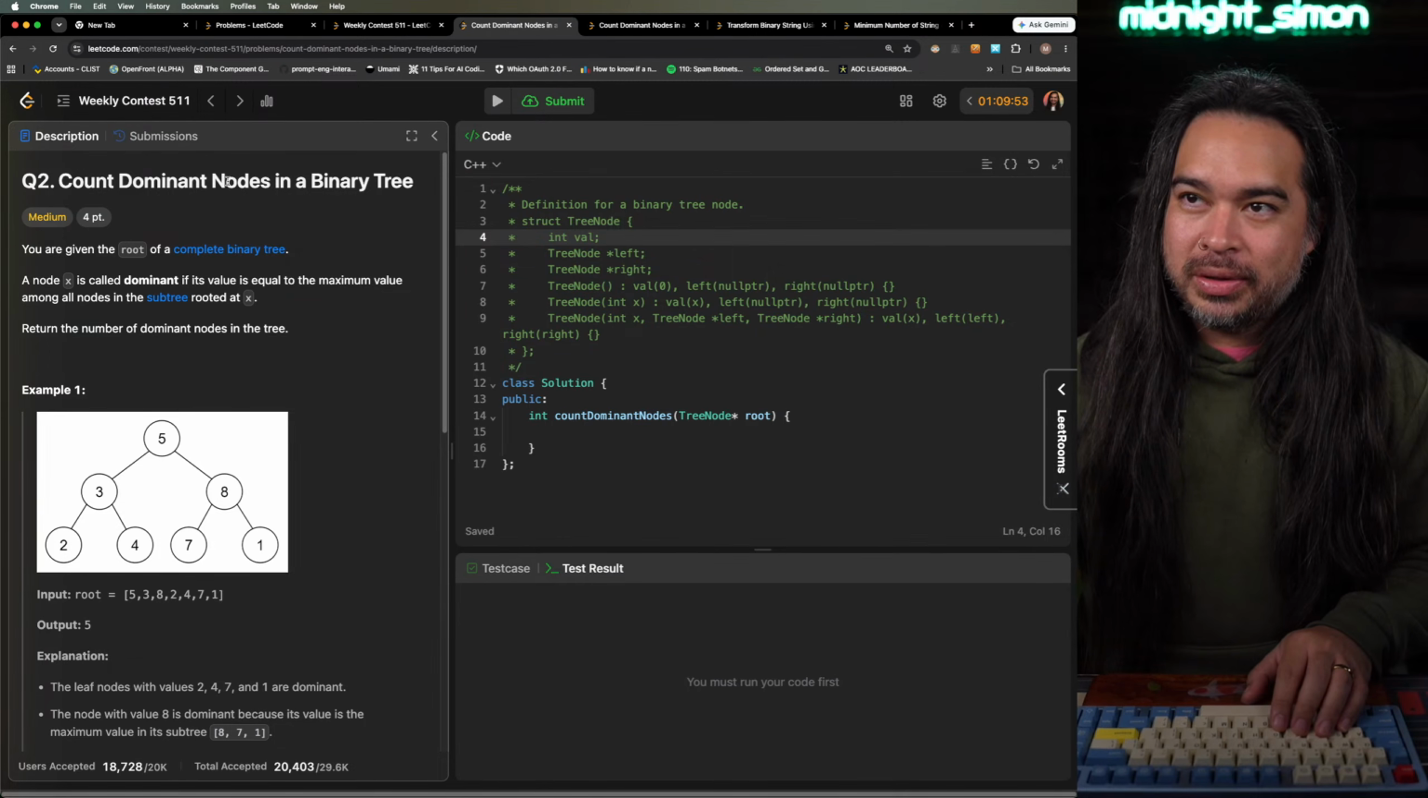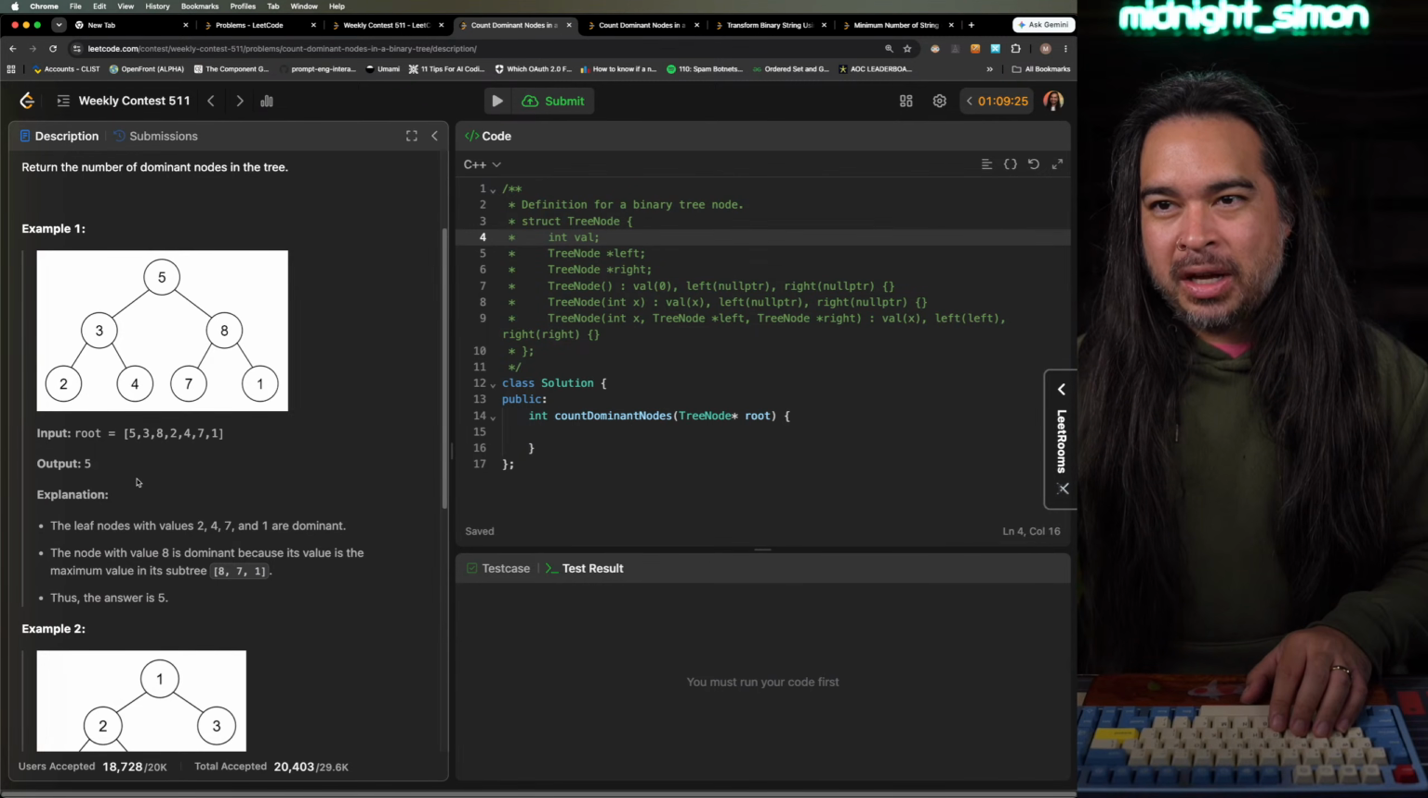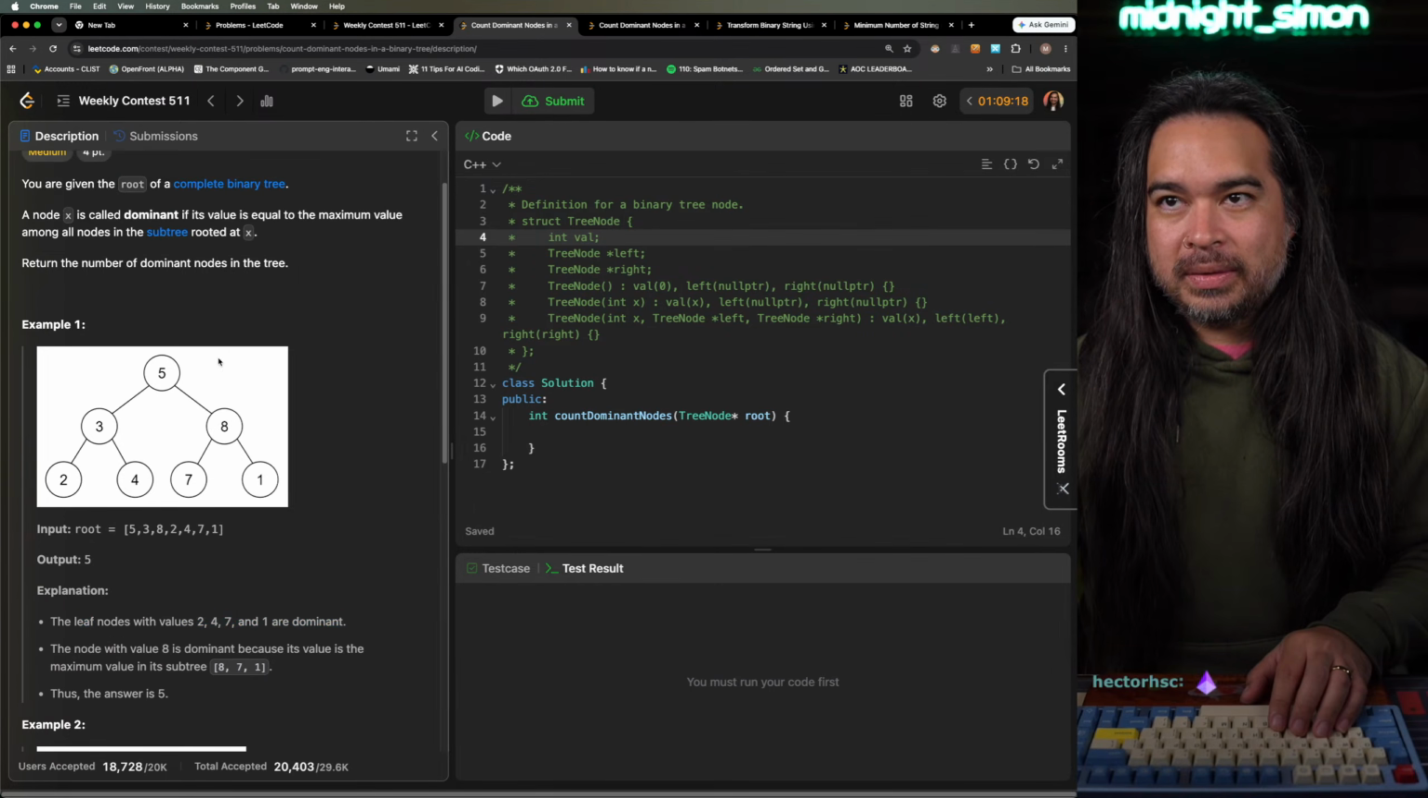Alright, count dominant nodes in a binary tree. You are given the root of a complete binary tree. A node X is called dominant if its value is equal to the maximum among all nodes in the subtree rooted at X. Okay, return the number of dominant nodes in the tree. So this one, I got 5 dominant nodes. Each leaf node is dominant. I see. So the roots,